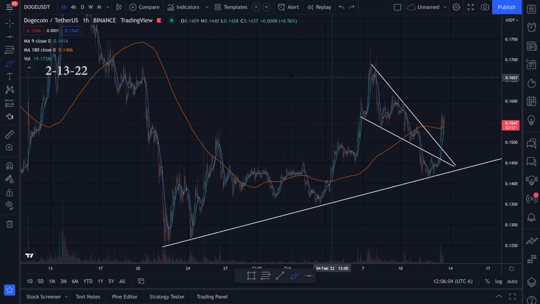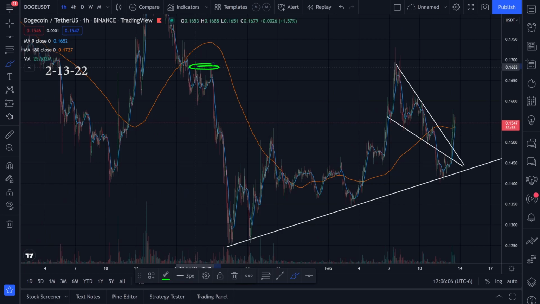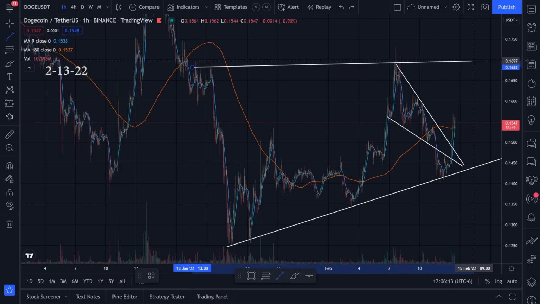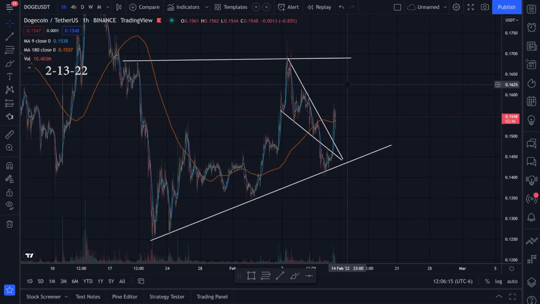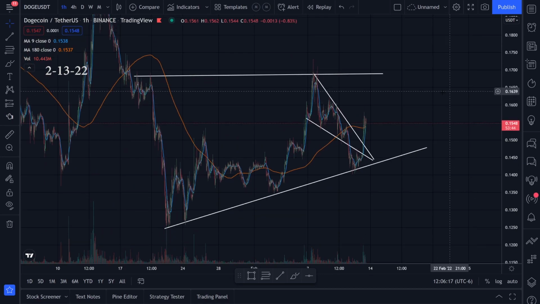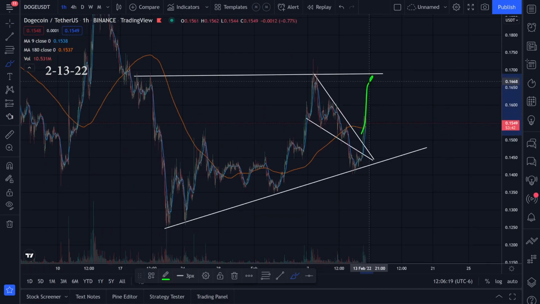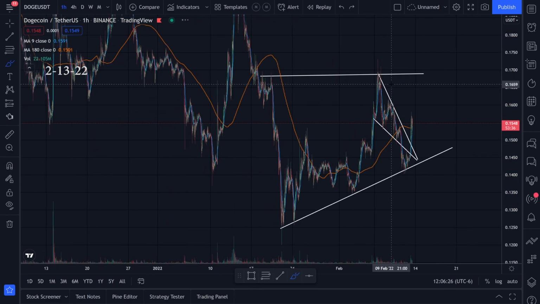1.168 approximately. The other thing is we have a little resistance zone right here, and then this top right here. So let's go ahead and do a trend line, something like this. I think this is the top that we're looking to break. It's possible that we come up to this level and get rejected and have to come back down and test this support level again. But I think if we do break this trend line going to the upside, then we